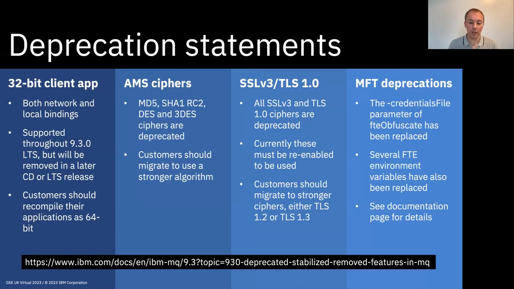As we move forward from each LTS release to another, we do occasionally deprecate features that we don't see as being either able to be supported or a demand for in the future, or because we've been provided new capabilities that are a better solution for those capabilities. One of the things that we have deprecated is support for 32-bit applications, not to be confused with 31-bit applications